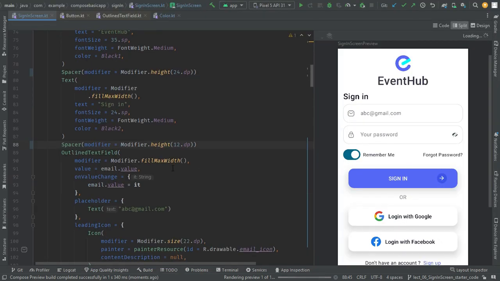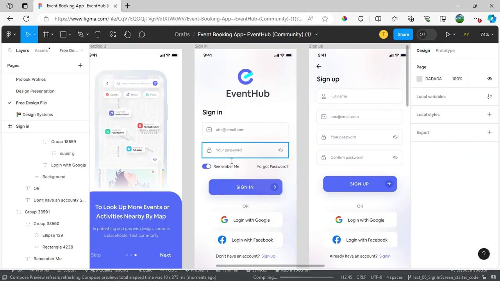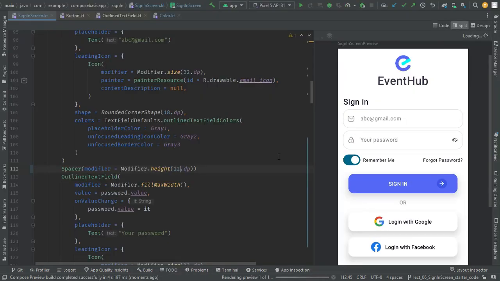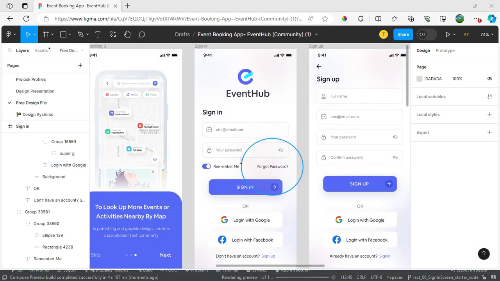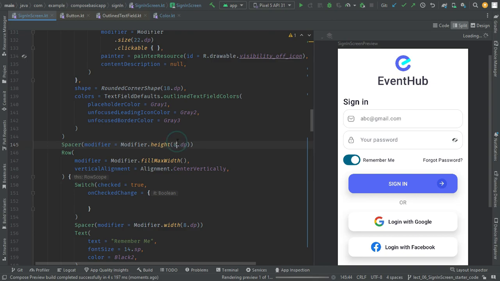So let's also make this 12, and this space is enough. I think I need to increase this one too. Let's also make this 12,